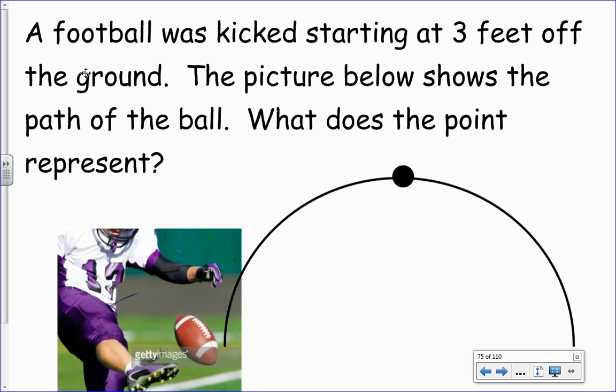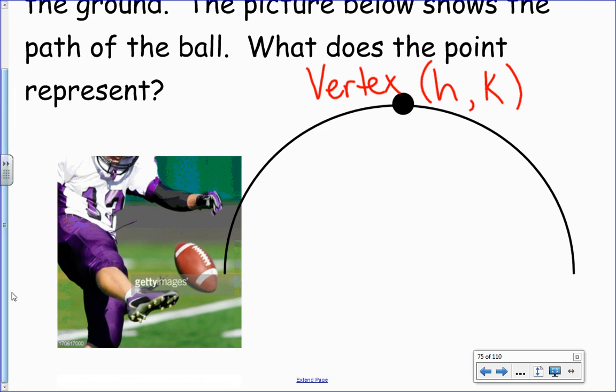All right, there's different ways that you could answer this question. You could say how high the ball got before it started coming down, the maximum height of the ball. But for what we've been talking about in here, standard form or vertex form, this height of the ball would be the vertex of the parabola. And if you know anything about vertex form, it is written as a point in the form h comma k. Now that comes from our form a times x minus h squared plus k. All right, so just looking at this picture here,